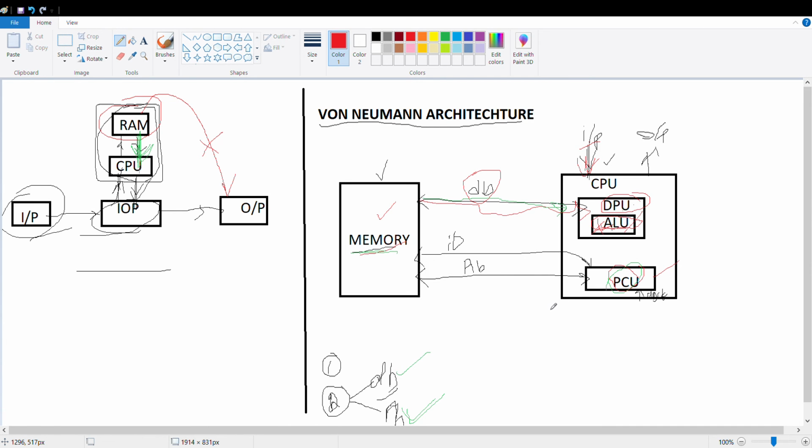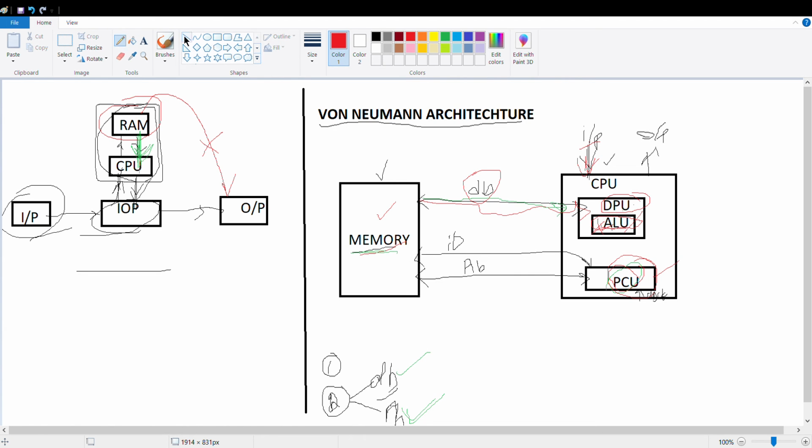It transfers information among the registers and controls the arithmetic logic unit, which operates to perform operations. So what arithmetic logic operations are done will be linked to the program control unit also. How will these be connected? Here in the diagram, there is no connection between the arithmetic logic unit and the program control unit,